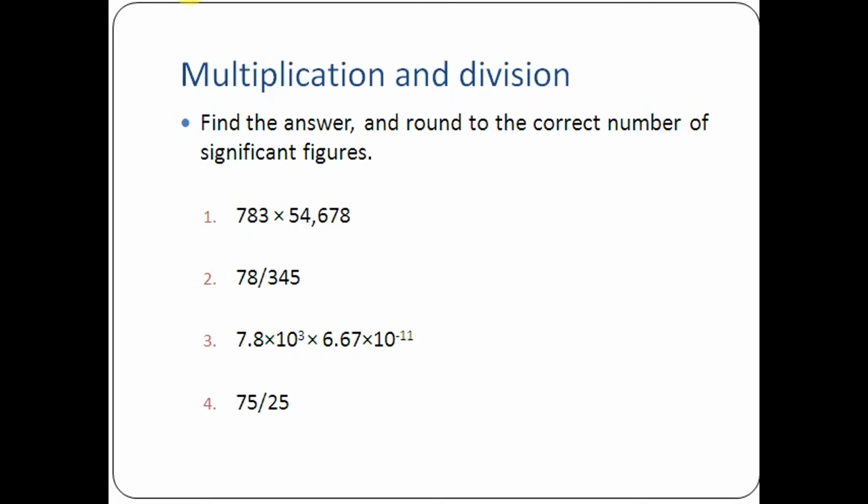So, the question here is to find the answer, rounded to the correct number of significant figures. In the first case, we have 783 times 54,678. If we type that in our calculators, we have 783 times 54,678. And doing that, you are going to get an unrounded answer of, let's see,